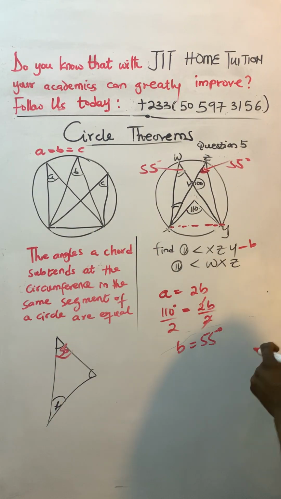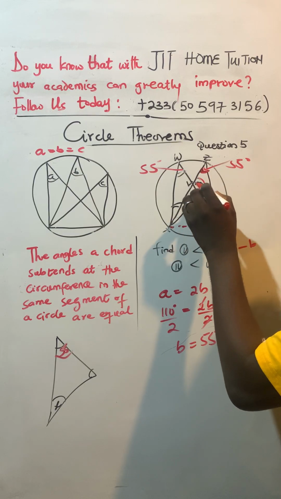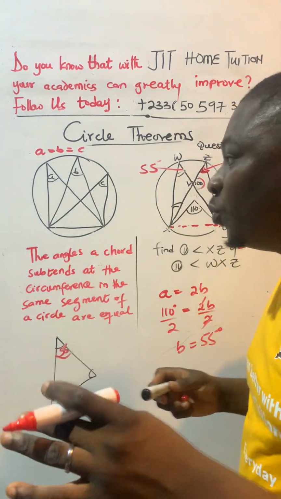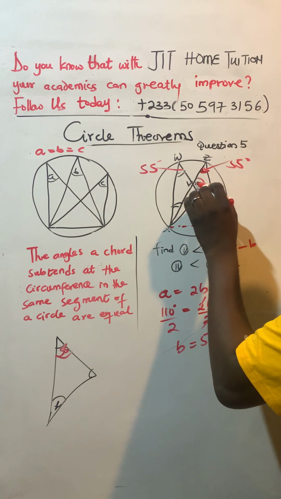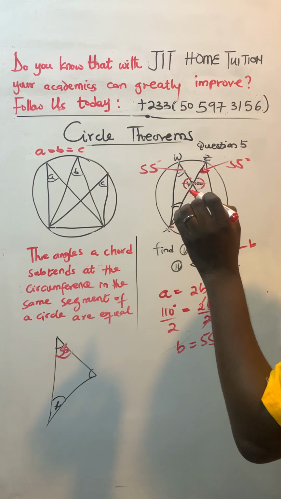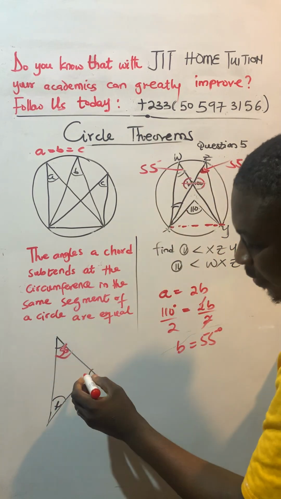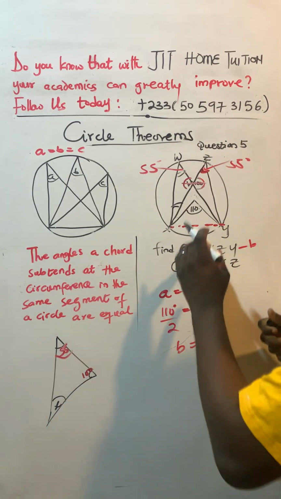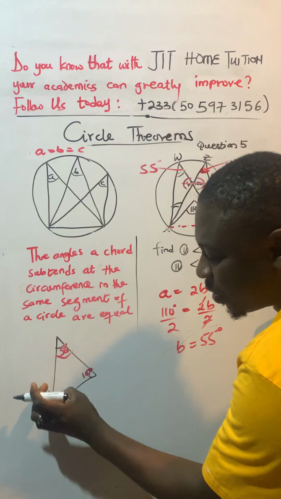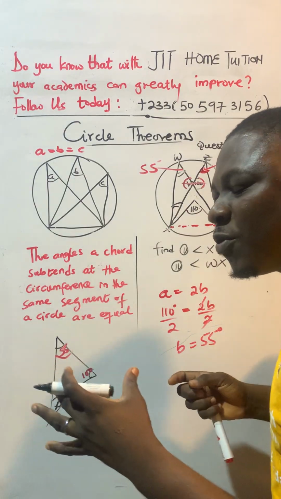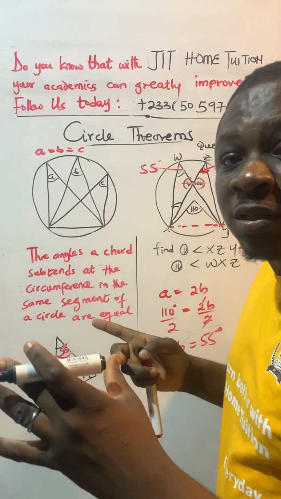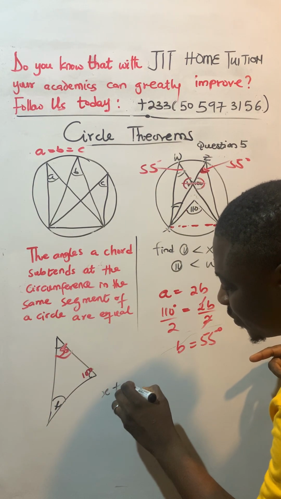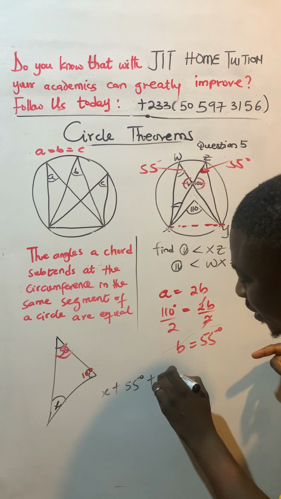Now the next thing is that you see this 100 degrees over here. When you learn angles, we have what you call vertically opposite, meaning that this angle 100 is vertically opposite to the angle over here. So that means that it is also 100. That being said, we now sum up the angles in this triangle. So the sum of angles in a triangle is equal to 180. So let's look at it. X plus 55 plus 100 equal to